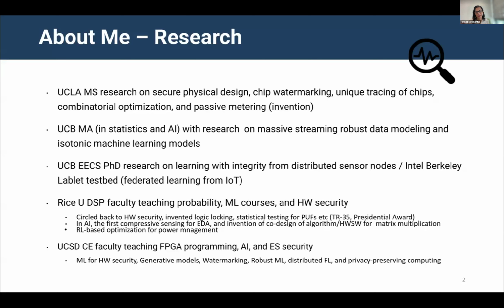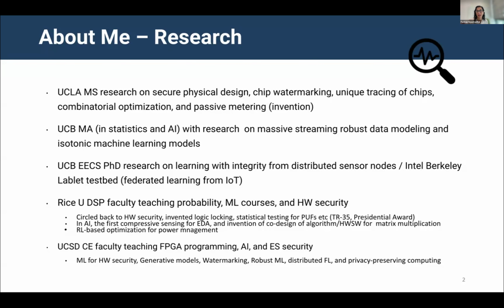And because I had the background in statistics and machine learning, I ended up getting a job as a DSP faculty at Rice University. As a Rice faculty in DSP, and the Rice DSP group is very well known, for many years I was actually teaching probability and AI courses. At the same time, I went back to some of my roots looking into hardware security, which led